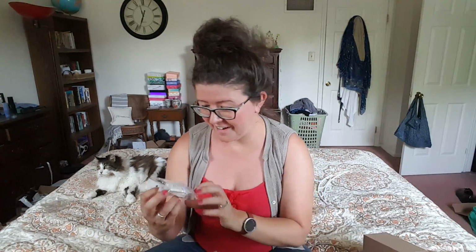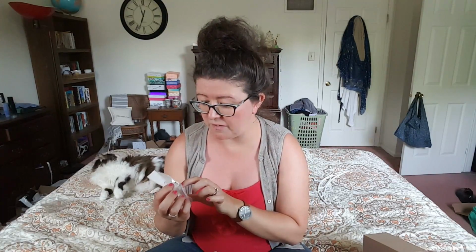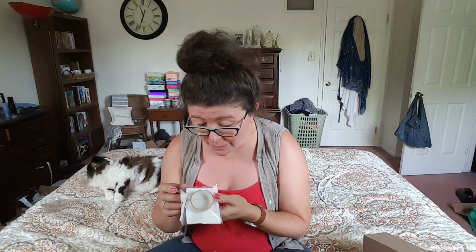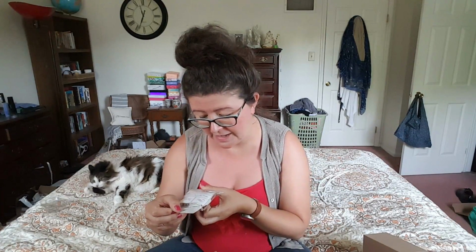But wait, there's more. Okay, so you have a bath candy. Contains 1 small clay bowl for mixing facial masks. Ooh, I need one of these. Oh my goodness. So this is from a company called Bath Candy, and this is a small batch, vegan, cruelty-free, handmade, and affordable bath goodies. This is a face mask